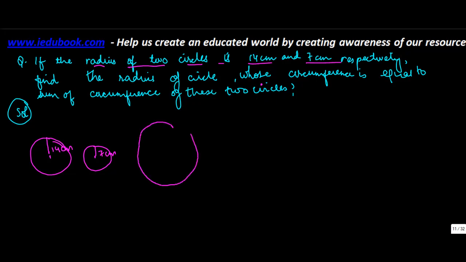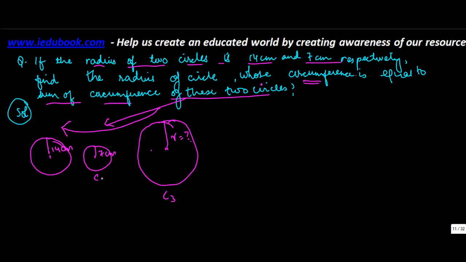So there's a third circle also which is there. The radius we don't know, but what we know is that the circumference of this circle is equal to the sum of circumference of these two circles. So let's call this as C3, C2, C1. So we know that circumference of C3 is equal to circumference C2 plus circumference C1,